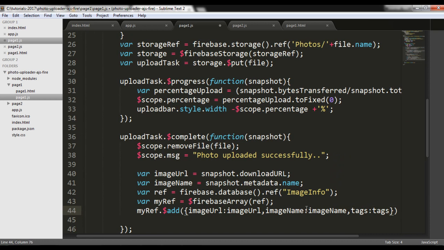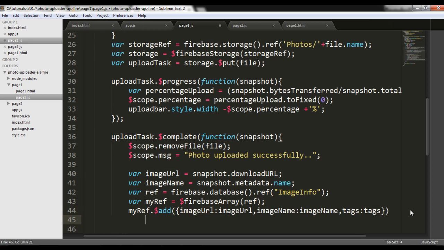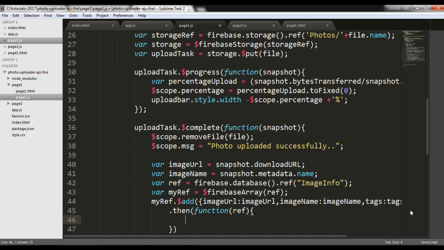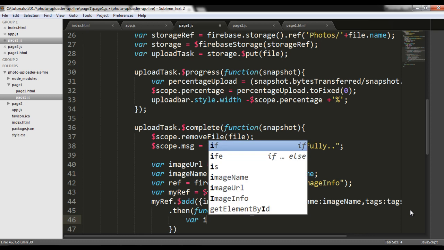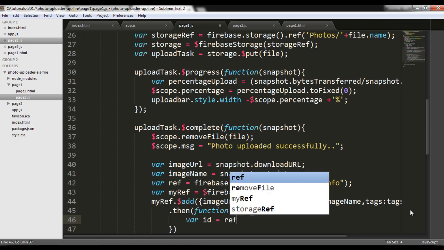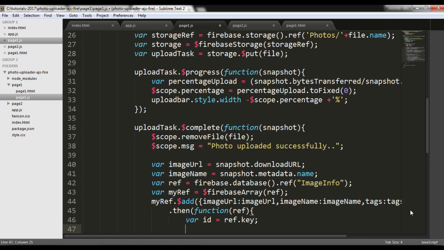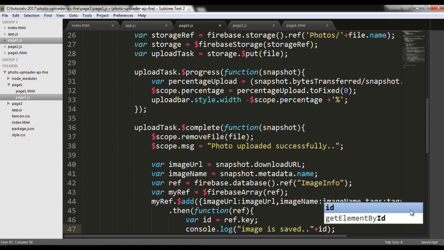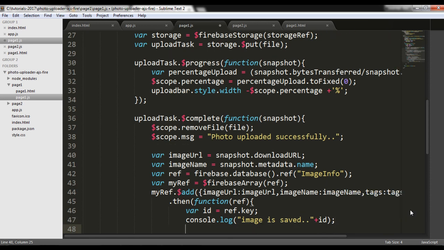So we are passing this object image and it will return a promise, and I'm using then method and some anonymous function and using the ref, and here I am using var id is equal to ref dot key, and I'm printing some console: Image is saved,